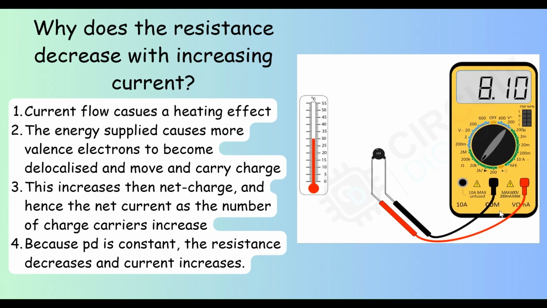So hopefully here you can see a multimeter, and the multimeter is highlighting how the temperature is affecting the resistance. What's happening is the current flow causes a heating effect, as we looked at, because of the excess collisions that are occurring with the metal lattice, energy is being dissipated as thermal energy. The energy supplied causes more valence electrons, outer shell electrons, at the same time to become delocalized and move and